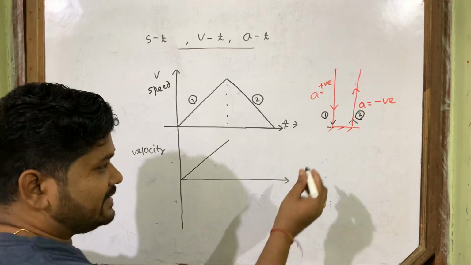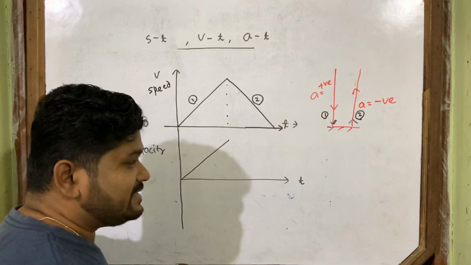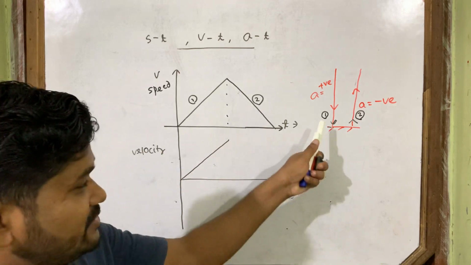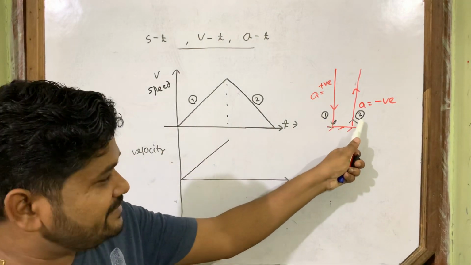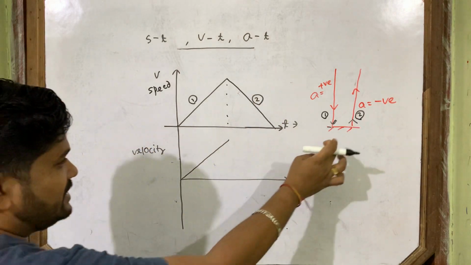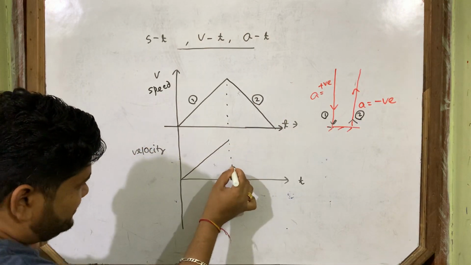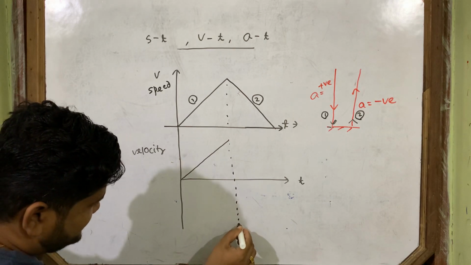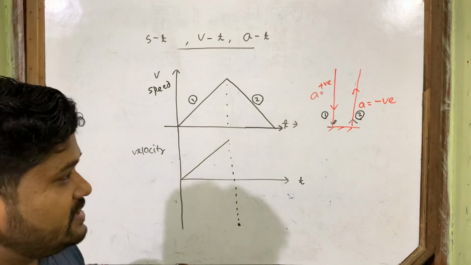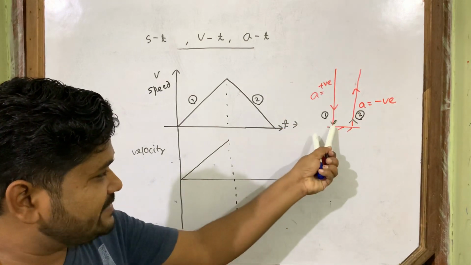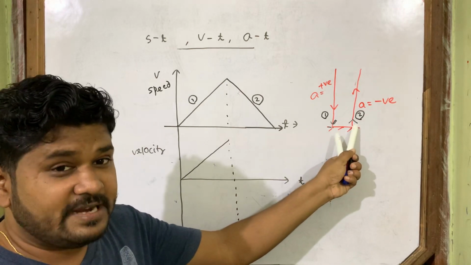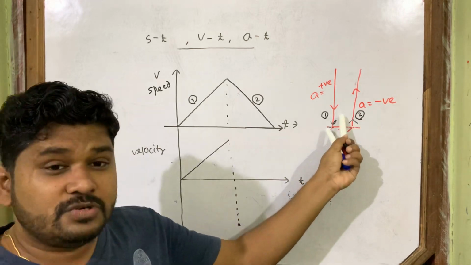But the direction is different. If the direction is opposite, then whatever the velocity, if you take this velocity as positive, then this velocity you have to take as negative. So the second part of the graph will start exactly from the negative value of this. Again I am telling you, remember, this is very important to understand. It ends with this much velocity. It starts also with the same speed, but in the opposite direction.